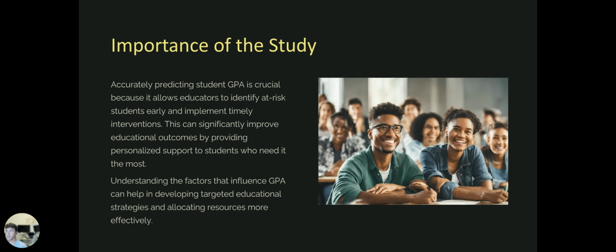So this can significantly improve educational outcomes by providing personalized support to students who need it the most. Additionally, understanding the factors that influence GPA can help in developing targeted educational strategies and allocating resources more effectively. So again, if we see a student that doesn't have all of these key indicators of a high GPA, and they maybe have indicators of a lower GPA, we can start to tailor our teachings toward that student more effectively,